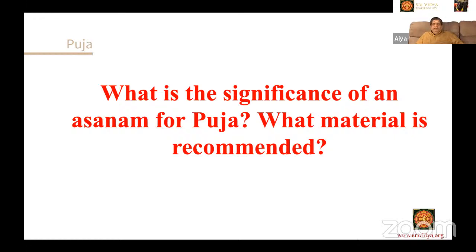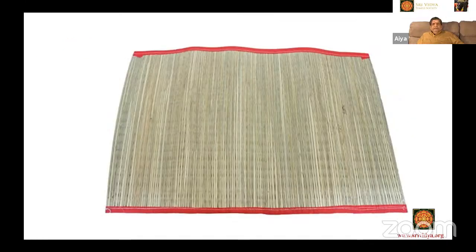You must have an asanam, preferably a skin of a deer that has died naturally or a tiger that has died naturally. These days, that is almost impossible to find. Otherwise, you can have a dharma seat. See, a grass seat like this, with the dharma made into a seat. And this is most of the time the best for japa. If you so desire, you can spread a silk cloth or a cotton cloth over this asanam and sit.